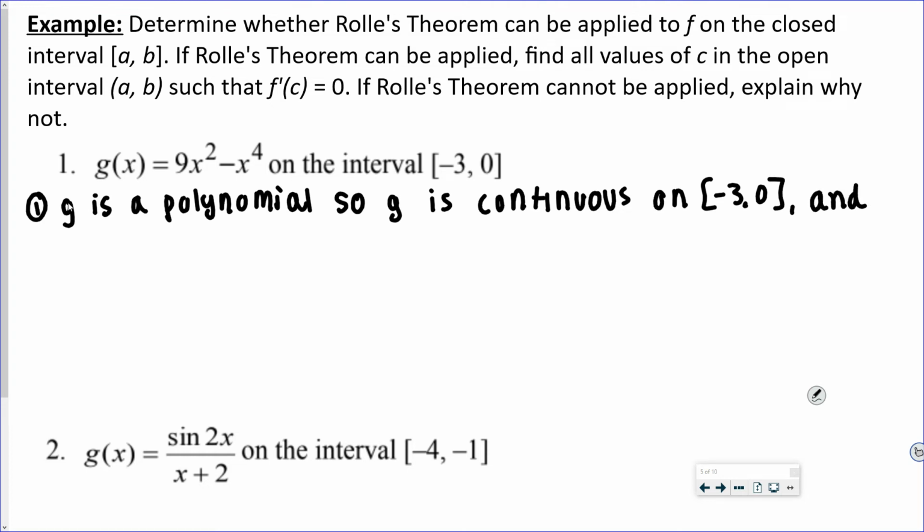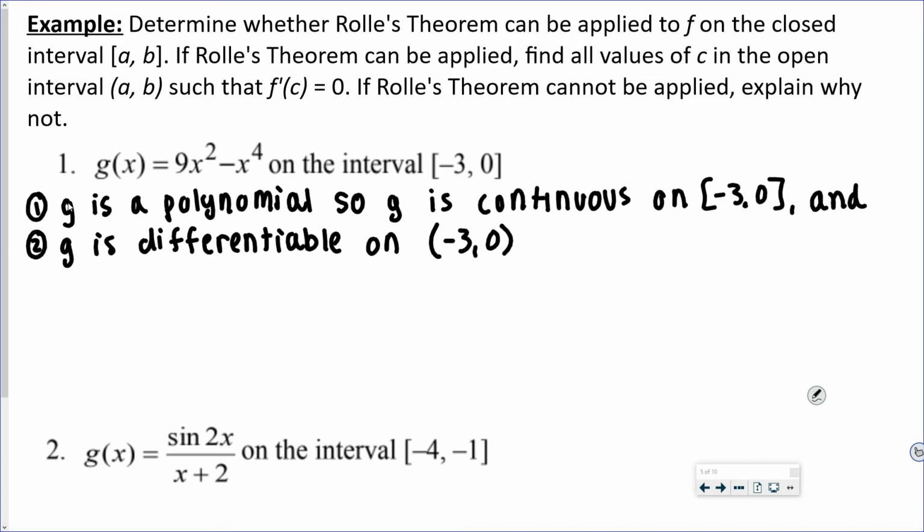Also, since it's a polynomial, it's differentiable everywhere too. Okay, so remember when you're stating if it's differentiable, you have to do the open interval, because we technically don't have